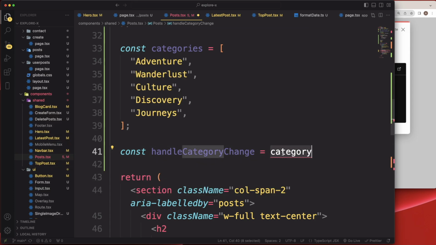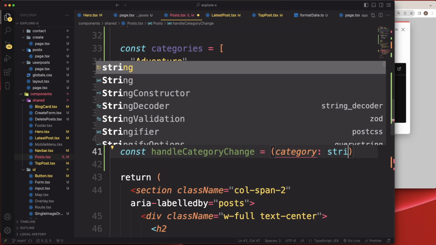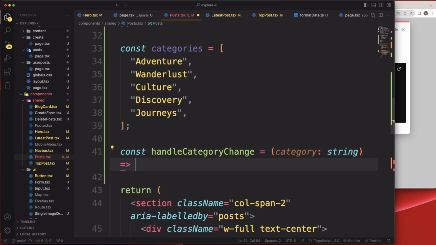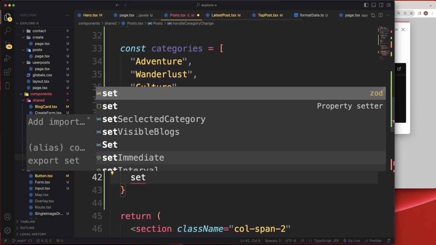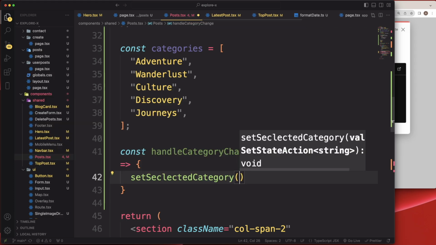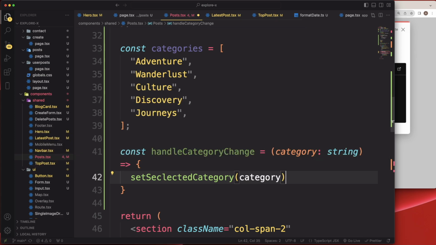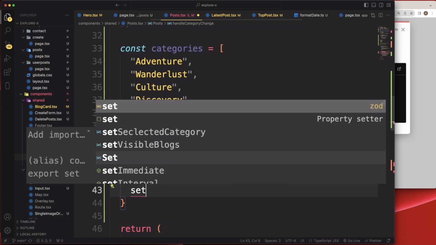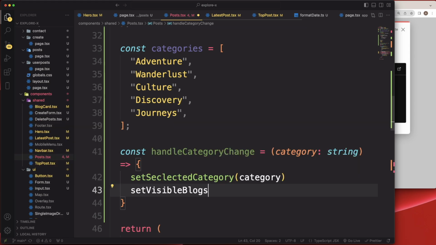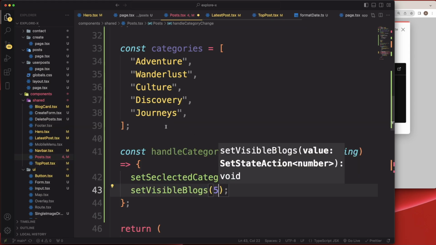Make sure you put that in parentheses, and it's going to be a string. And here we're going to set our selected category to category, and then our set visible blogs to 5. All right,